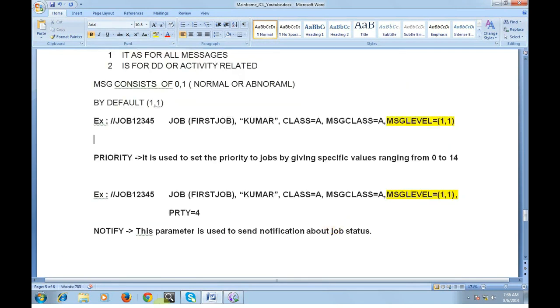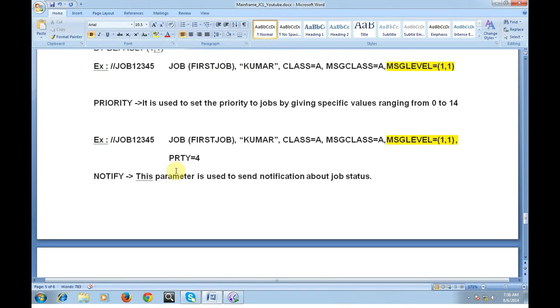In the same way, we have another keyword parameter called priority. It is used to set the priority of jobs by giving specific values ranging from 0 to 14. For example, there are thousands of jobs running on the system. If I want to give priority to my job out of 1000, I want to run it after the 10th job is completed or something.